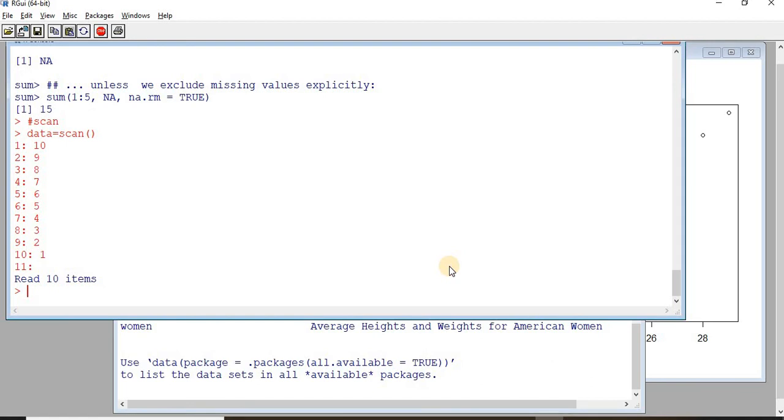And if I want to accept character data, then I can also use an attribute, what, and I can mention that I want to provide character data.